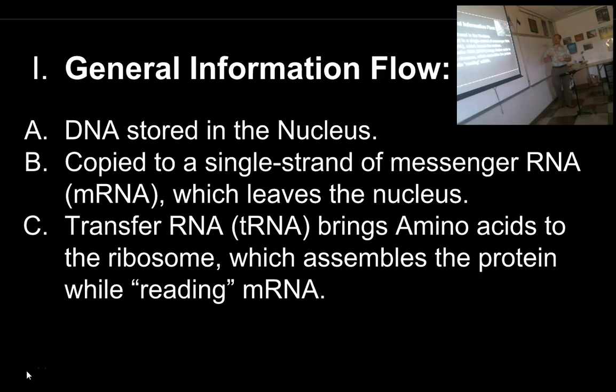And so as we are looking at this process today, there's a couple of big steps, and I want to cover those in overview in this first slide, and then we're going to look at more detail on how all of these things happen. Okay, so DNA is the information repository. It's the library of your cell. You can think of it that way. It's where all the information for what the cell is going to do resides. And that information is stored in the nucleus.